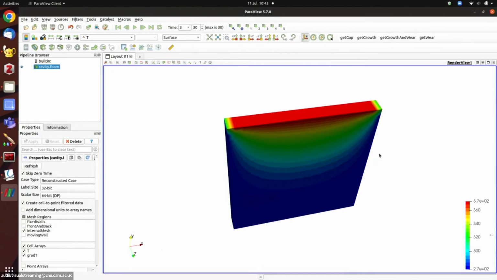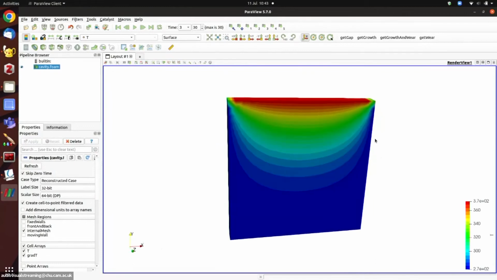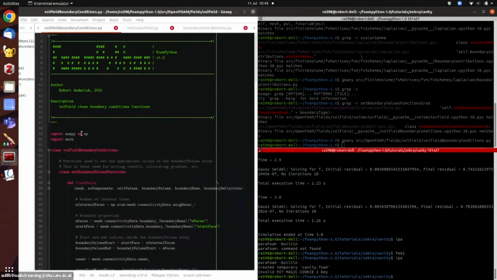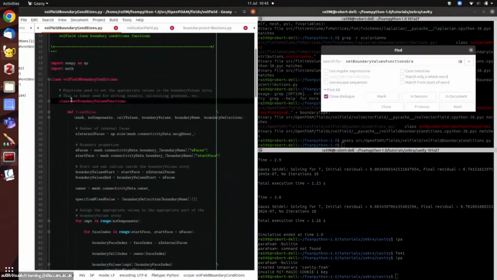So as I said previously, the zebra boundary condition that I'm talking about is the same thing as fixed value in terms of matrix contributions, but it simply has different non-uniform values defined on the top surface. So the way we would go about that is in this set boundary values functions drawer,